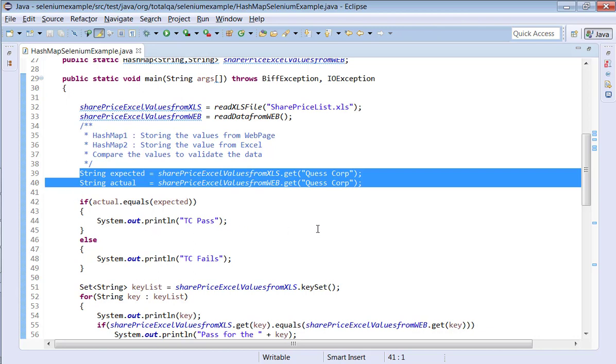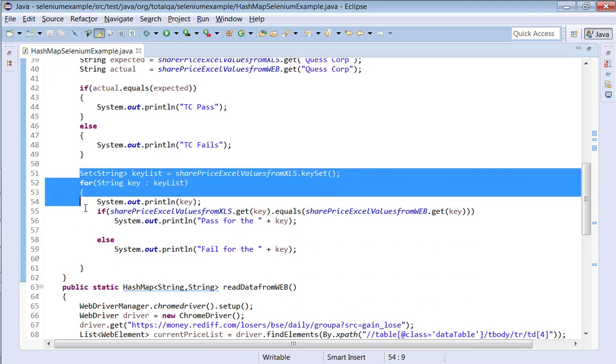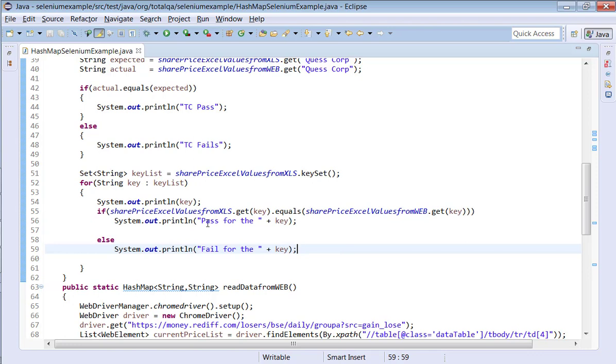Not only that, suppose you want to read and compare all the key values. This is very important, and it will help us read all the keys and compare: get the key stored in one hash map, get the value, and compare with the value for the key from the second hash map. So here we are comparing the value we fetch from the Excel list with the value we fetch from the website, and if both match, then we can say it successfully passed for the key, the stock price name.